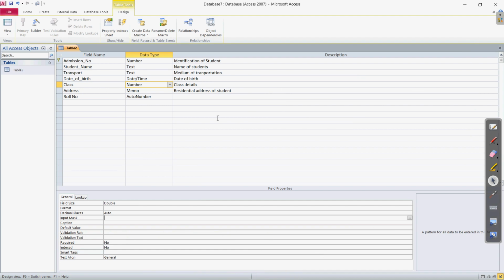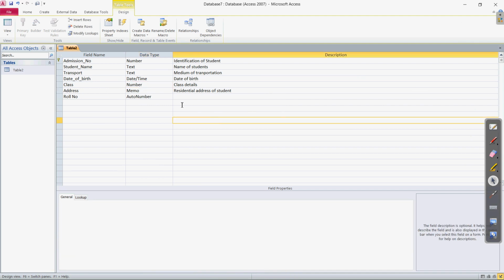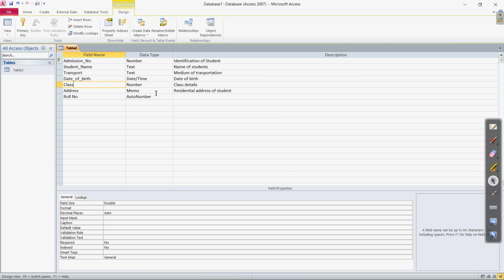Here in this case we have Class as a field, and it is the number data type. Suppose we are making this database for class 8th, though it can also be used for different classes. If most of the students are of class 8, let us make that the default value.